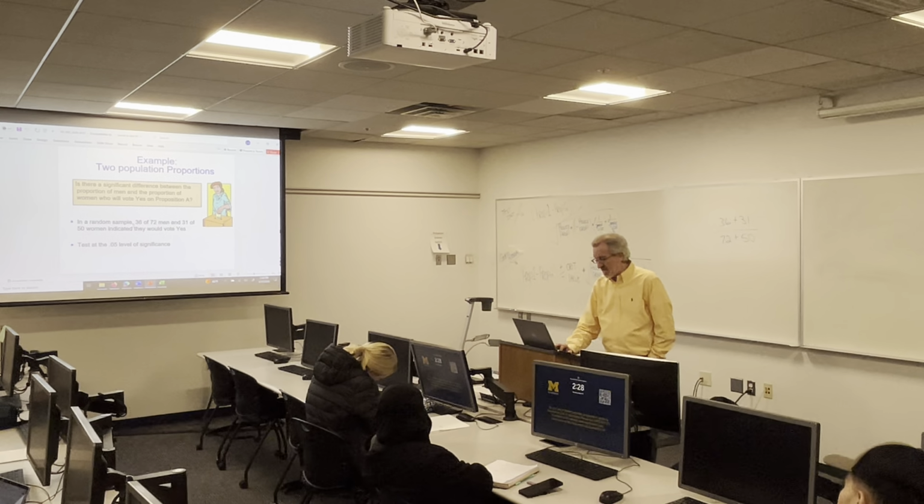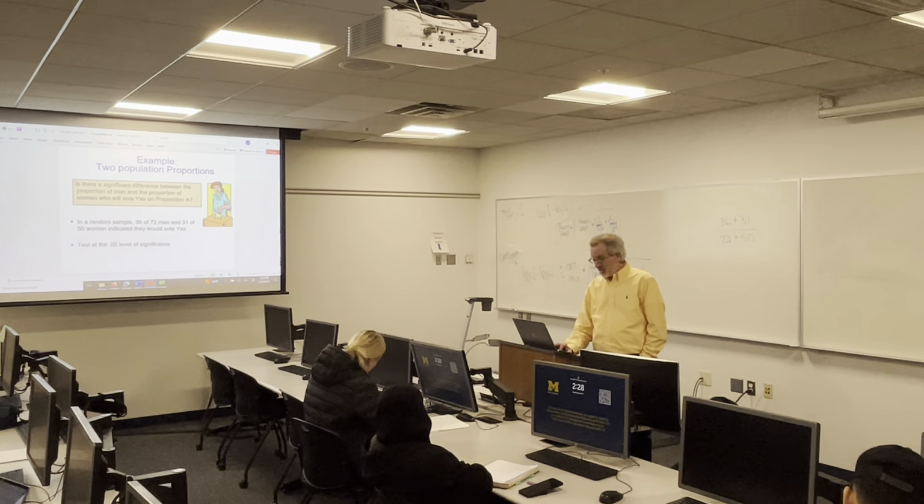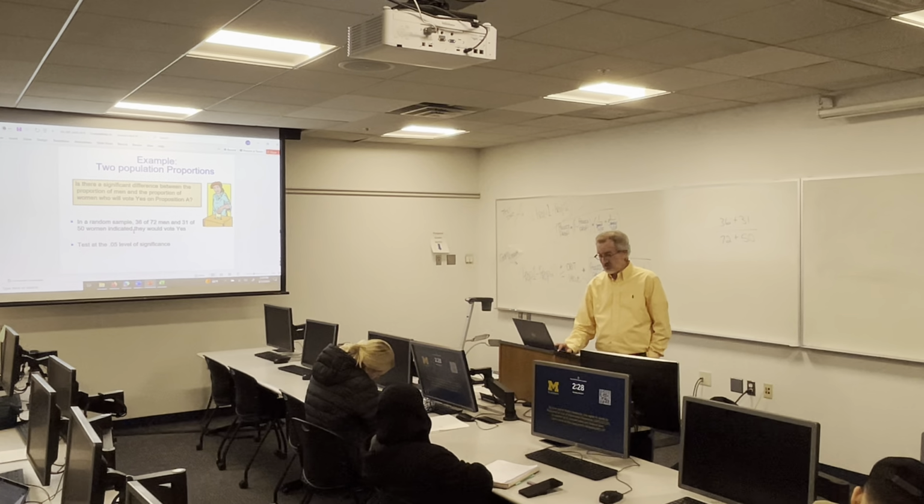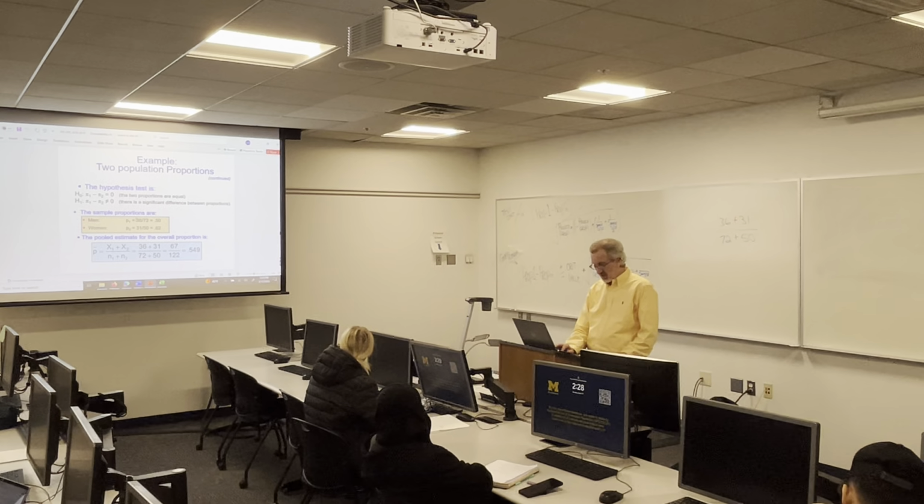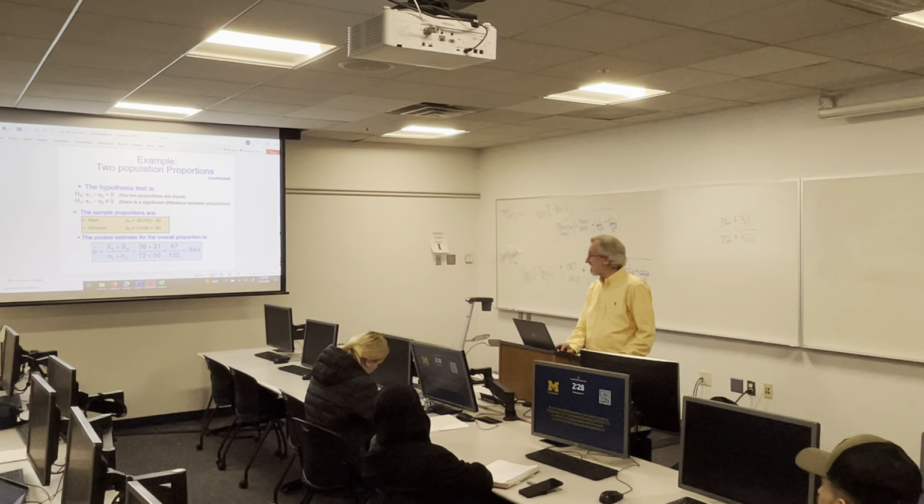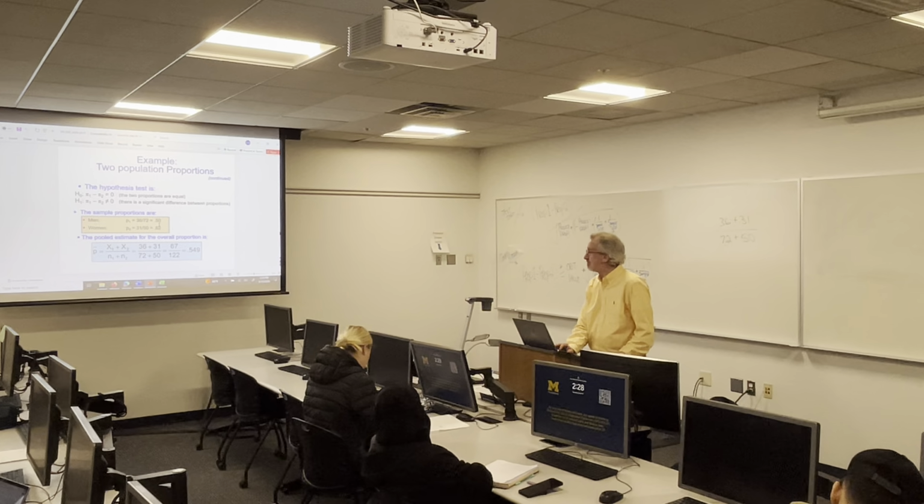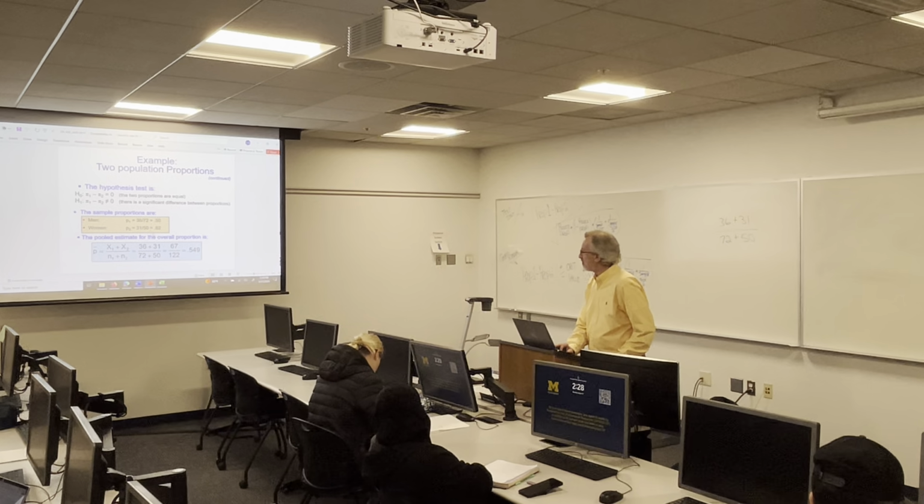It says, in a random sample of 72 men, 36 said they're gonna vote for proposal A. A random sample of 50 women, 31 said they're gonna vote for proposal A. There's our two proportions. 36 divided by 72, 31 divided by 50. We gotta turn those into decimals and plug them into our formula. So here we go. 36 divided by 72 is 0.50, 50% men. 31 divided by 50 is 0.62,